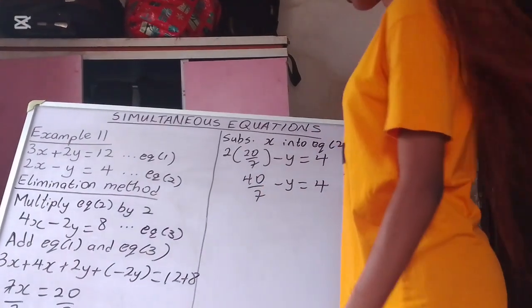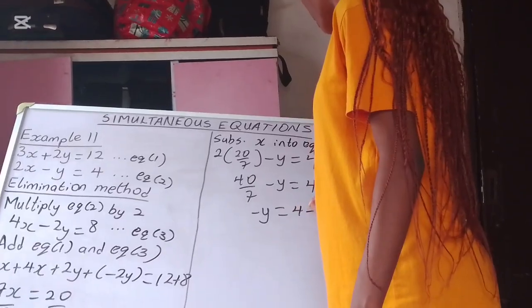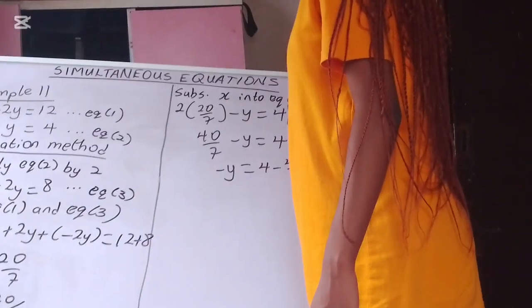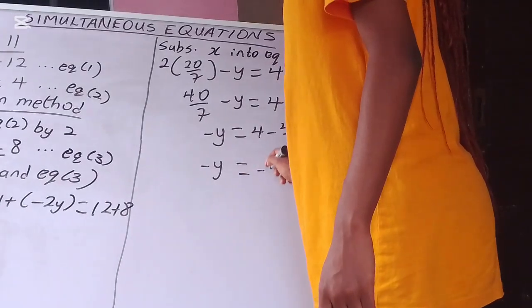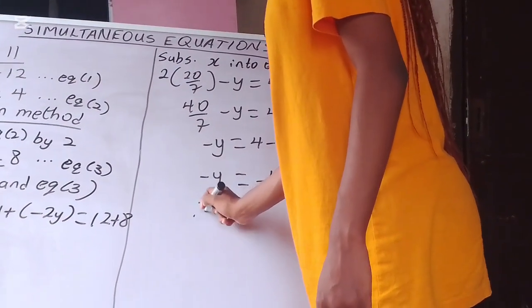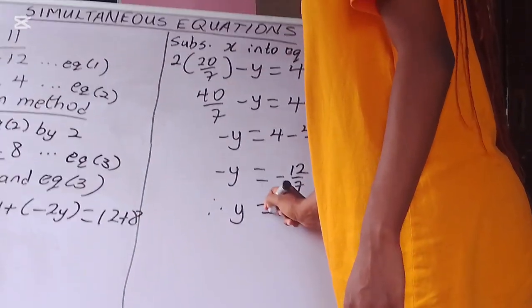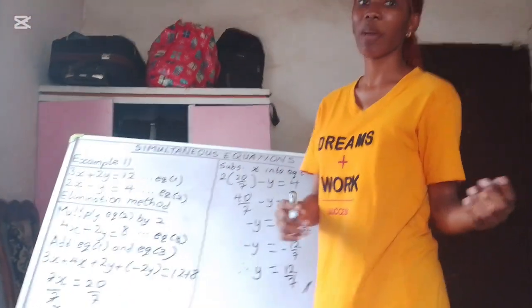Taking this 40 over 7 to the other side, we'll have minus y equals 4 minus 40 over 7. And this will give us minus y equals minus 12 over 7. And we can conclude that therefore our y is equal to 12 over 7, which is the same answer